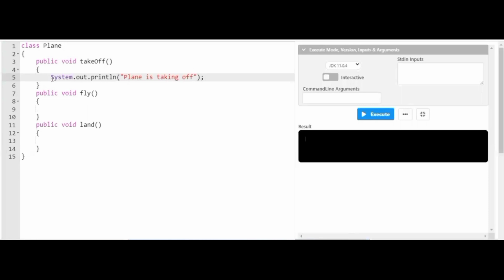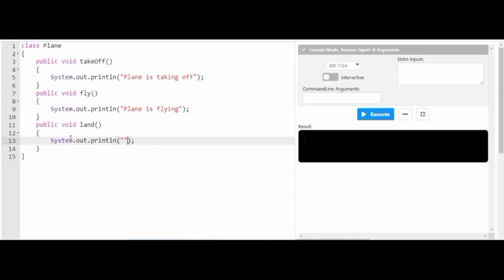Let's copy the System.out.println. In this I'll be writing "plane is flying". A common example. Here also I'll be making a statement.